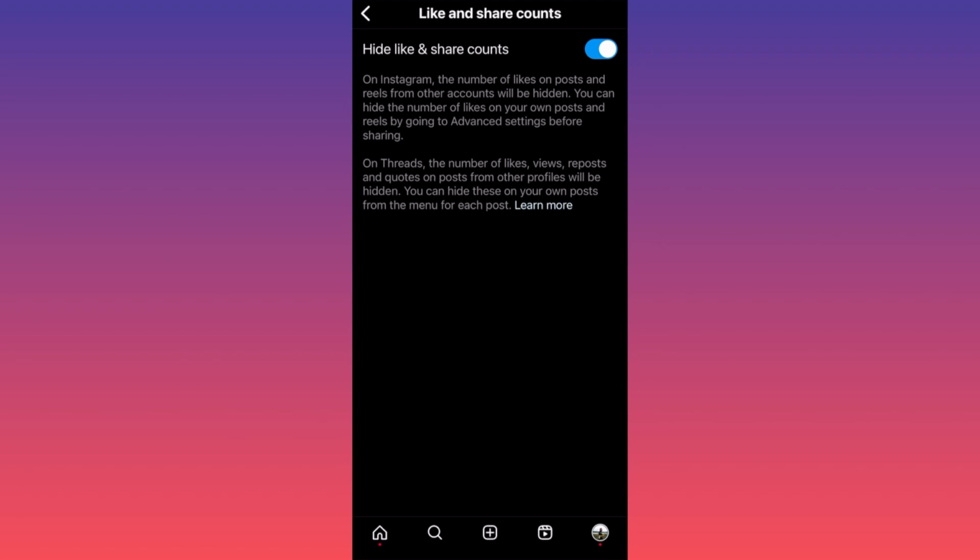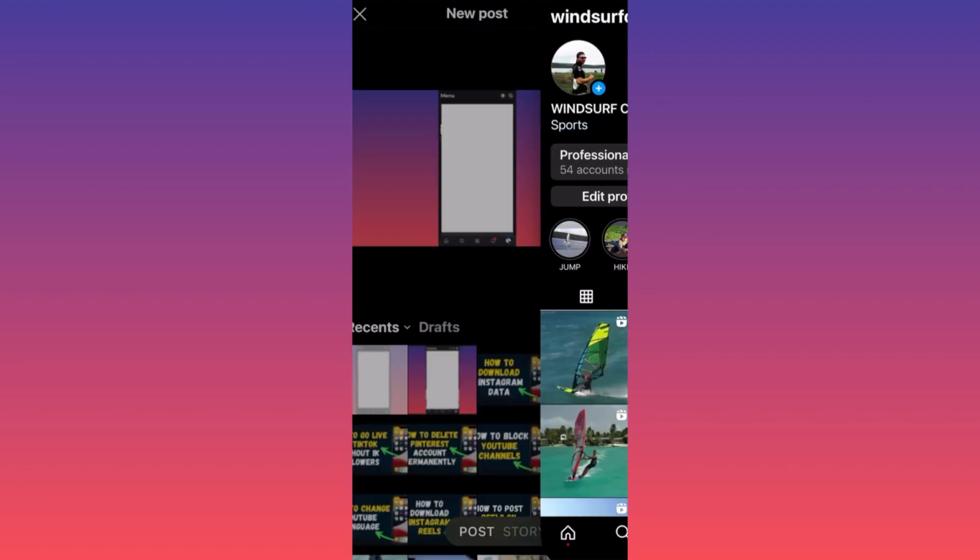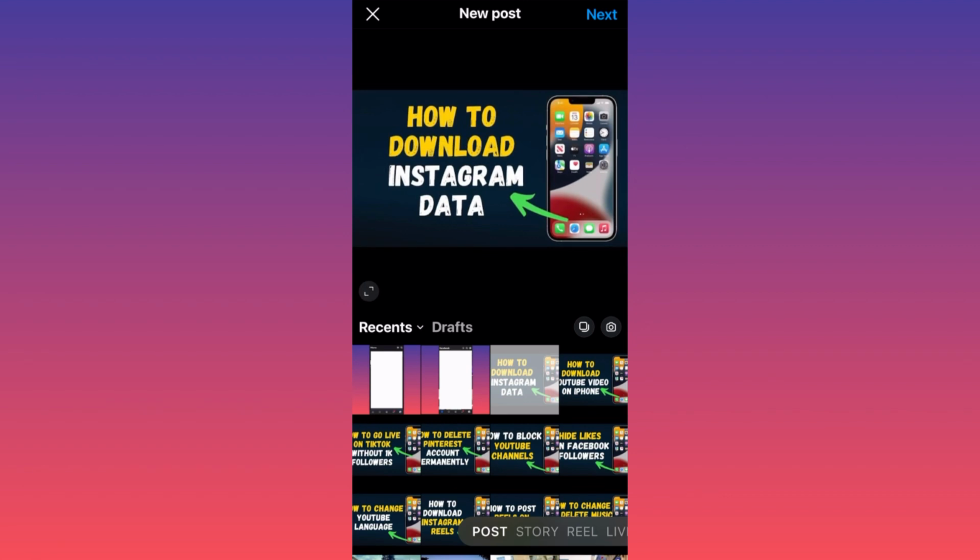Let me show you how to do the exact same thing on your own posts. All you gotta do is click on the lower center of the screen and click on the plus sign. Let's pick a piece of content. Let's publish this picture over here. Press next,